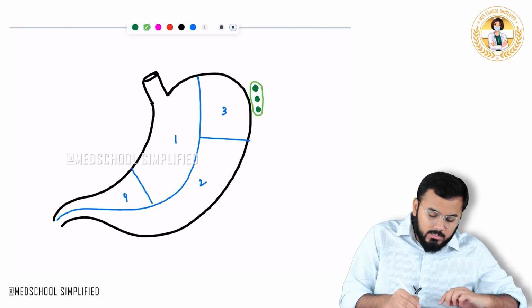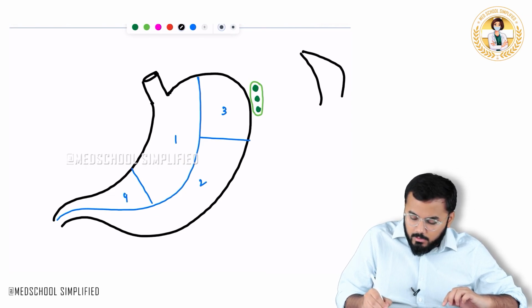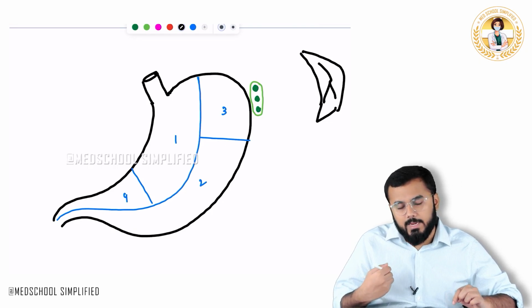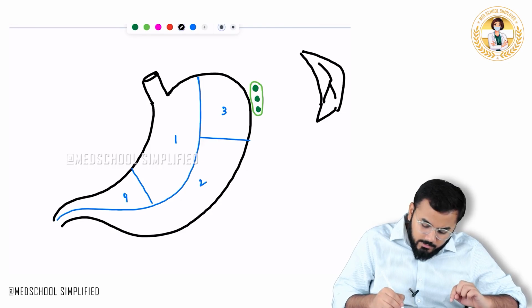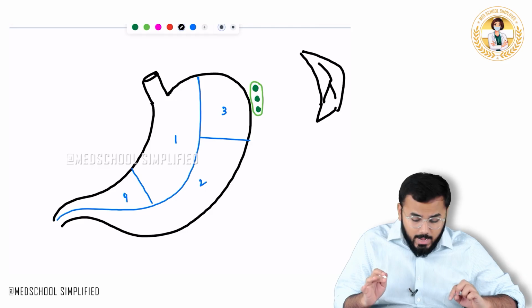And by the way, what is the organ that is present over here? All of you know what that is? What is that which we have over here? Yes, this is called your spleen. So these lymph nodes are present between the stomach as well as the spleen, right? And not only that,